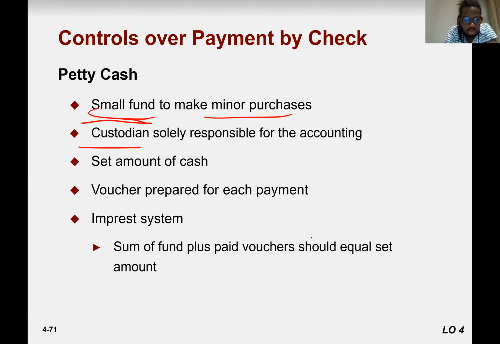If you said that 3 bottles of water are needed, one bottle is 2 yuan, so you send a 6 yuan voucher to the person, and then he will give 6 yuan to that person, and 3 bottles of water are going to be purchased and delivered to the clients. Similarly with the coffees and all the stuff. So at the end, the funds that the custodian issued must be equal to the voucher